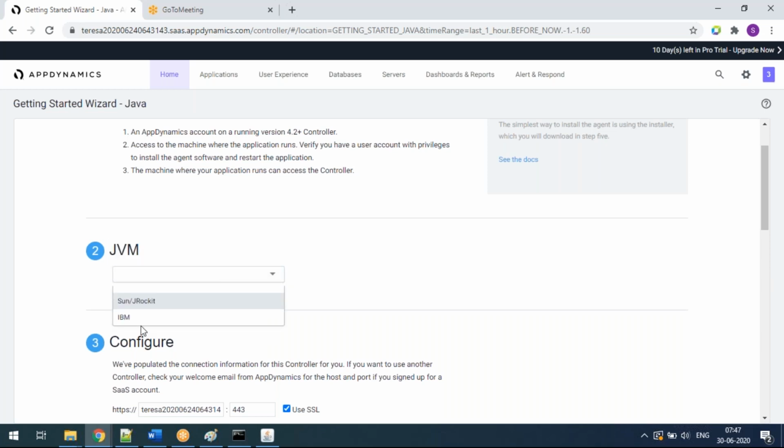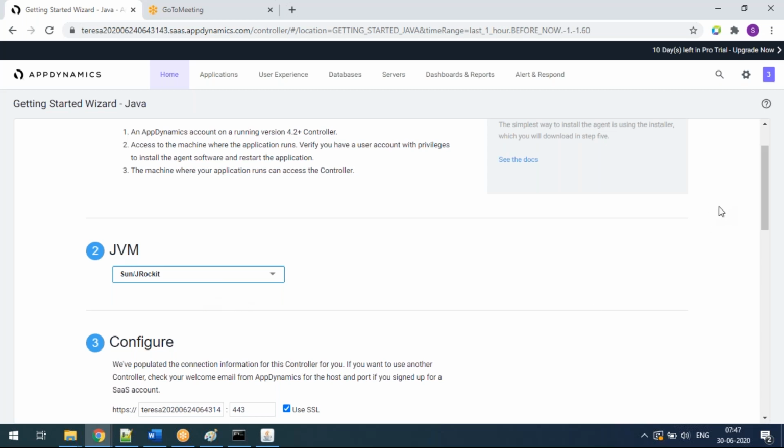The other JVM is IBM JVM, but I know mine is Sun JRockit. If you have any query or clarification, you need to talk to your developer: what is our application's JVM? They will definitely help you out in telling whether it is a Sun JRockit or an IBM JVM. In my case, this application is a Sun JRockit JVM.